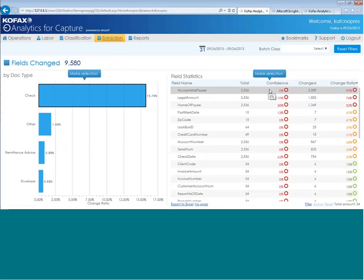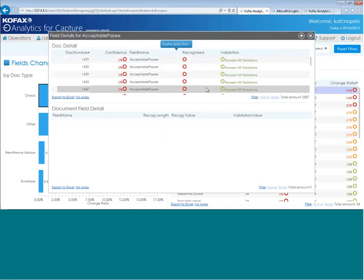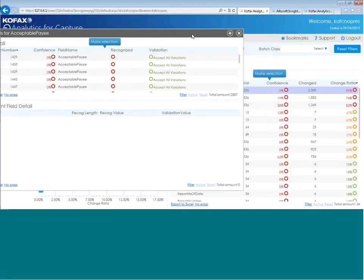All right, well, that's surprising, but it's not surprising that I'm seeing it's got 0 confidence. That actually explains exactly why we have to touch all those checks. We've changed it a bunch of times, thus our change ratio is about 99%. So I've made a selection and selected my dot class, and now I'm going to make a selection and select my field. So I click on a field, which again is acceptable payee,